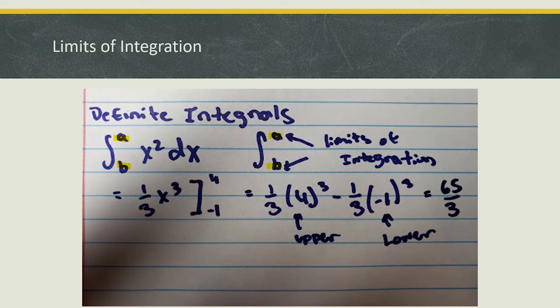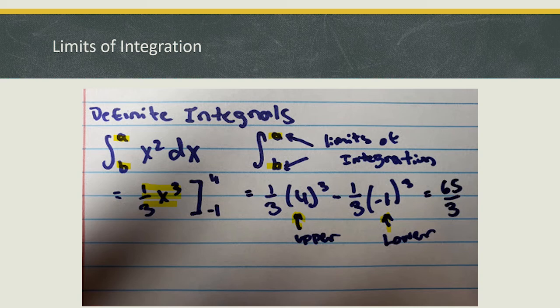So the way you solve this is to use the power rule in order to get this section right over here. In this question, the upper limit is 4 while the lower limit is -1. So the way you solve it after finding the antiderivative is by using the upper limit and just simply plugging it in to the equation and subtracting the result of when you plug in the lower limit. As you can see here,